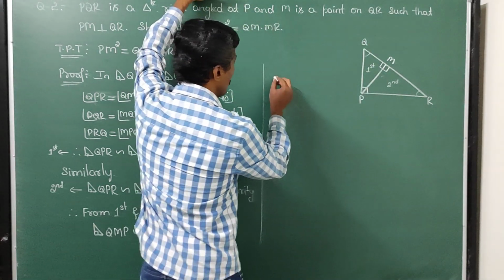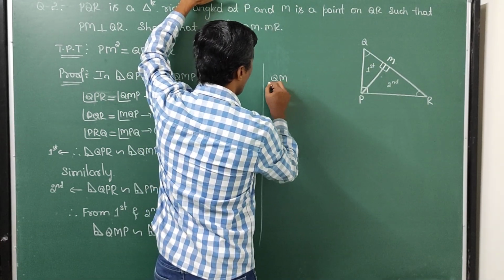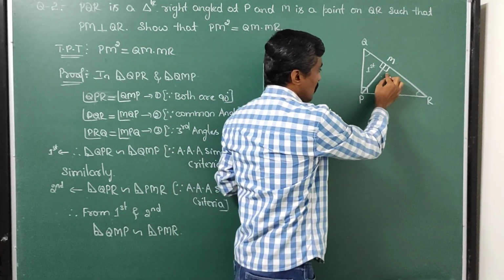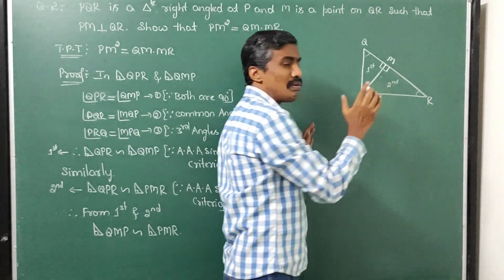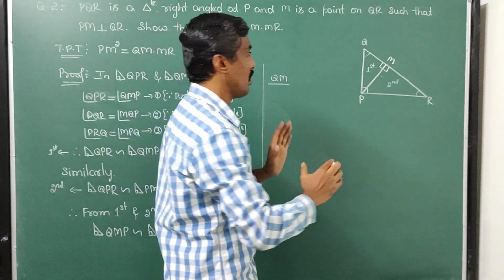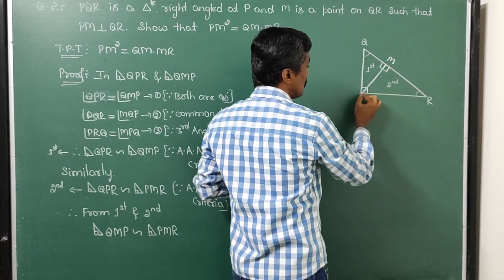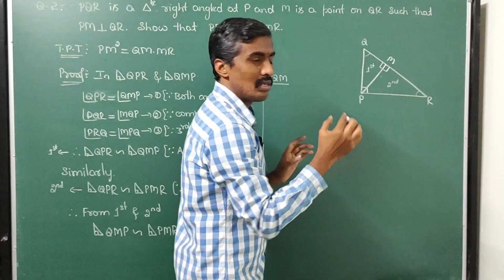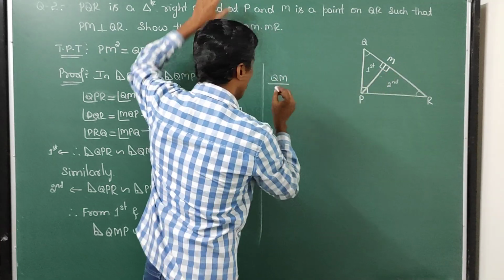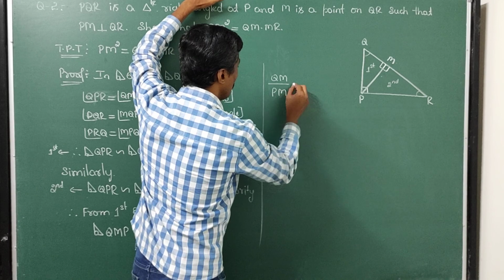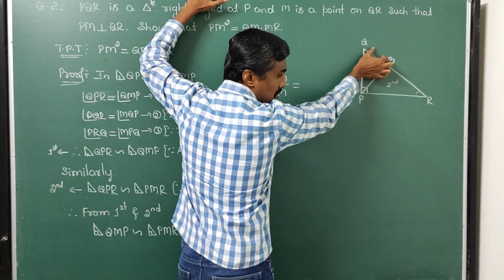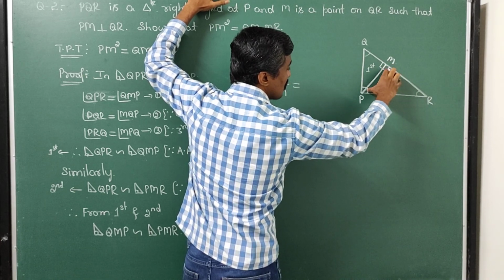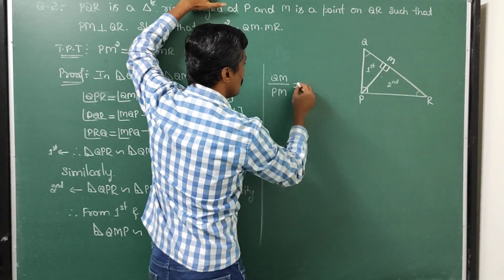So I will start with the smallest side of the first triangle, divided by, in the second part, the side opposite the 90 degree angle, PR, the hypotenuse, the biggest side. The other two sides of the second triangle are PM and MR. In these two, which is smallest? PM is the smallest, therefore divided by PM. The smallest side of the first triangle over the corresponding smallest side of the second triangle, PM, is equal to